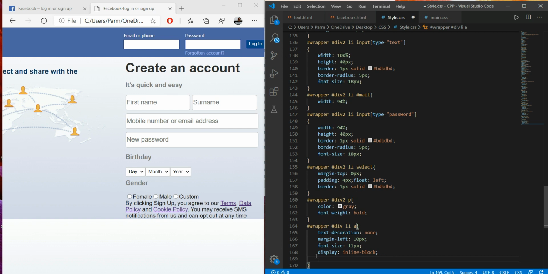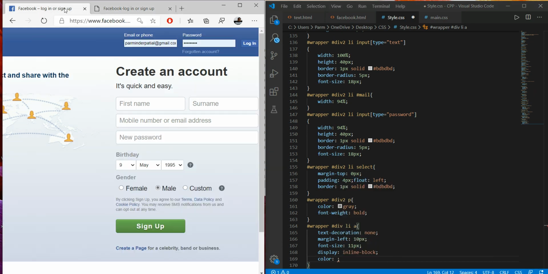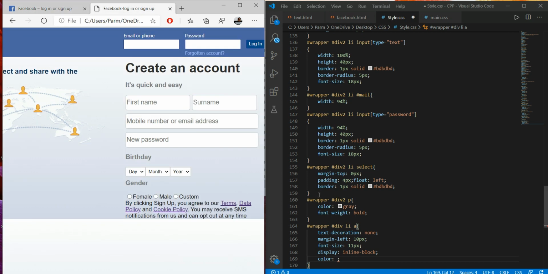And color I would like to set for this. If we see over here, this is having this gray color, so here we go, color gray.